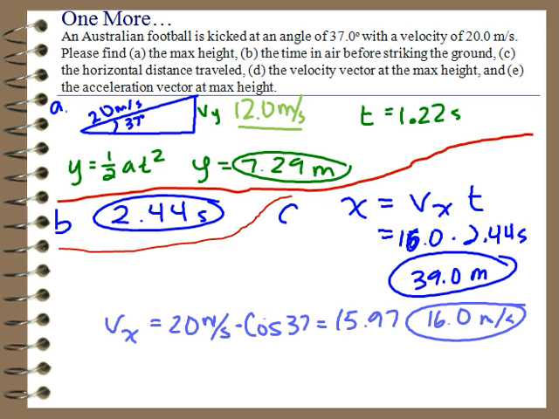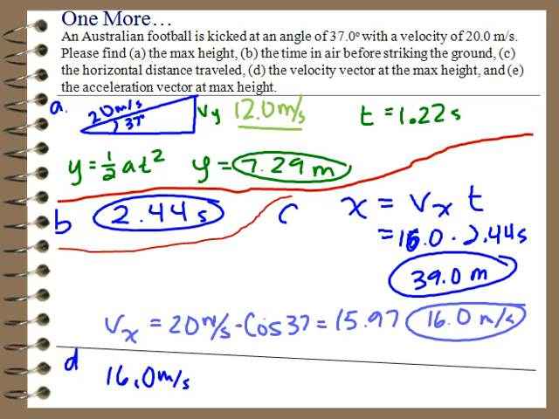In the x direction, the velocity stays constant the whole time, so it'll be 16 meters per second. But if we're talking about the vertical velocity, it is 0 at the very top of it. So there needs to be a little bit more information there. But then there is one more, e, on here. The acceleration vector at the maximum height is always